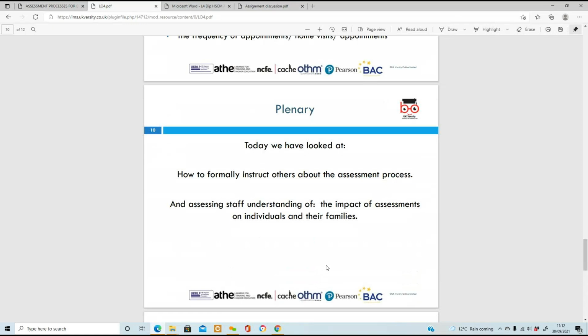So we've just looked at how to formally instruct others about the assessment process and assessing staff understanding about the impacts of assessments on individuals and their family members. So I'm going to, let's close